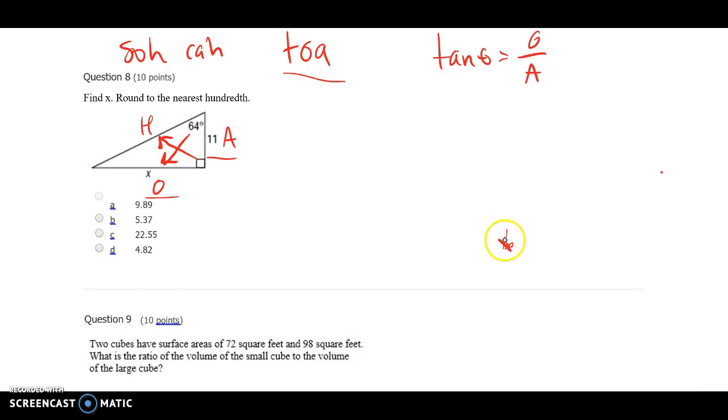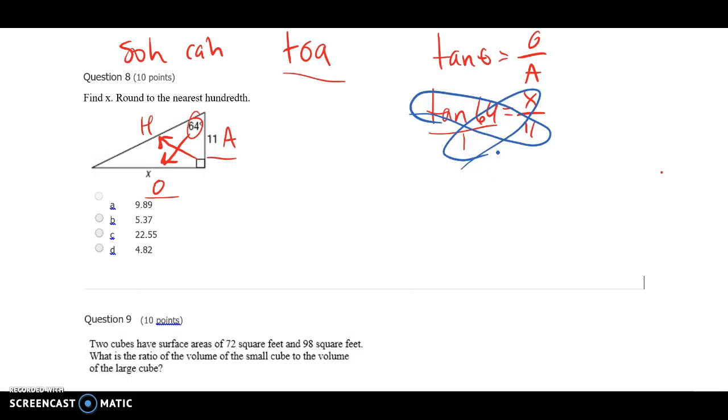So then we just plug in the stuff we got. It's tan, and theta is the angle measure. So tan of 64 equals opposite, which is what we were looking for, so I'm going to put an x there, and adjacent was 11. Then we just solve for x. We can put this over 1, change colors, and cross multiply, or butterfly. And so then we'll have tangent of 64 times 11 equals x, and then we just have to put